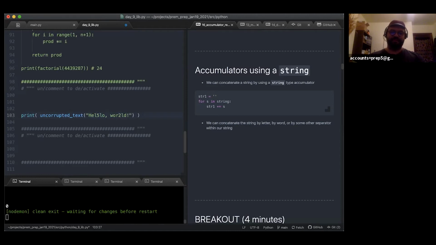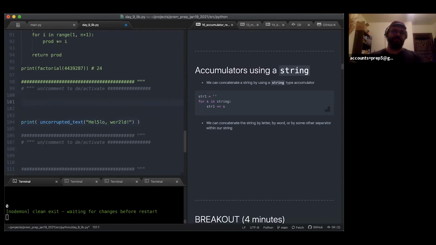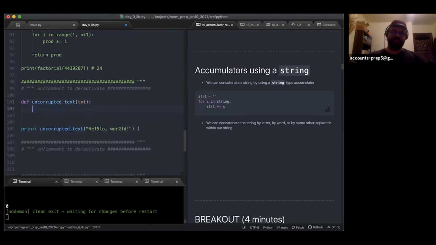So we've got this hello world, and the hello has a 5 in it, and the world has a 2 in it. So let's do something about that. So let's write a function that takes in text, which is a string,